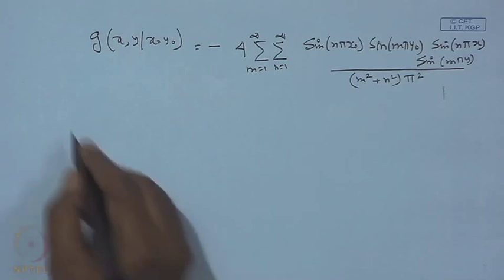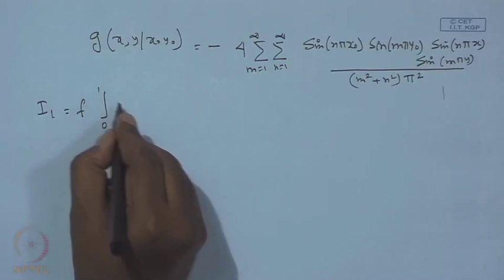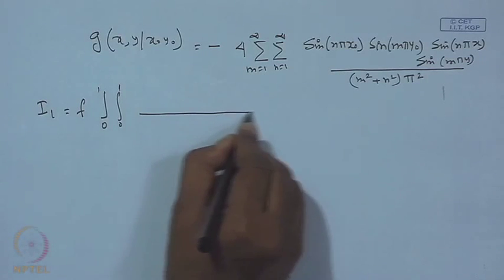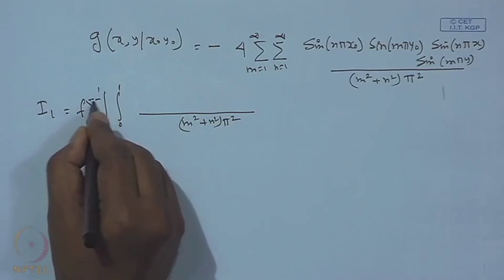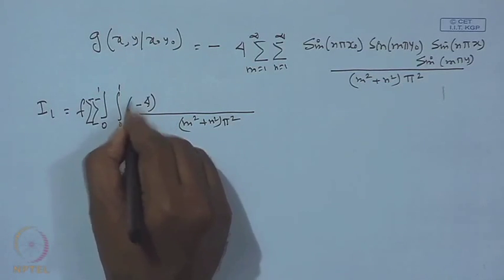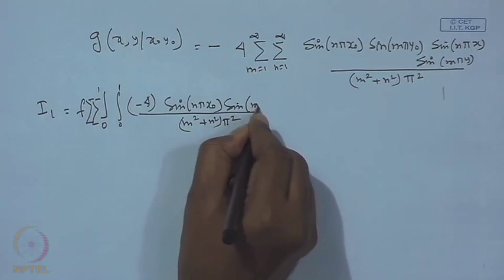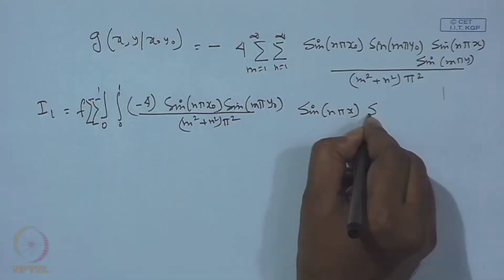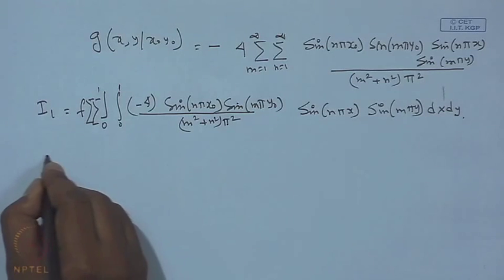So, the first integral is quite complicated. F is coming out. So, it will be integral from 0 to 1, 0 to 1 of g dx dy. So, m square plus n square pi square. We keep the summation outside and this will be minus 4 sin n pi x naught sin m pi y naught, sin n pi x, sin m pi y dx dy. So, therefore, f